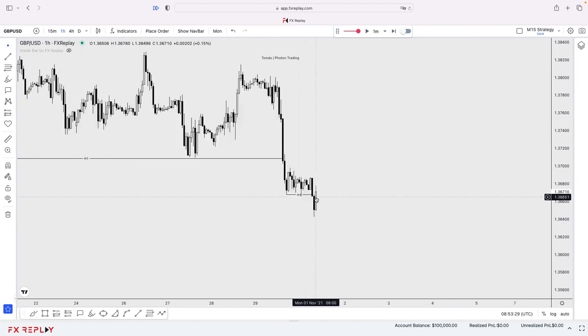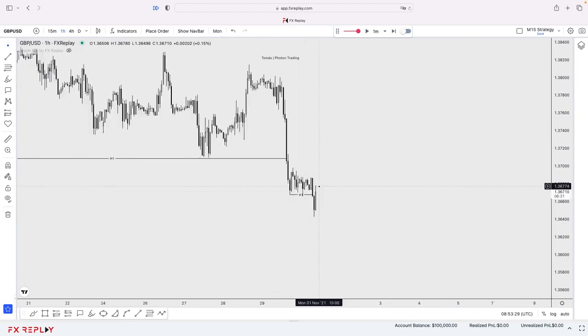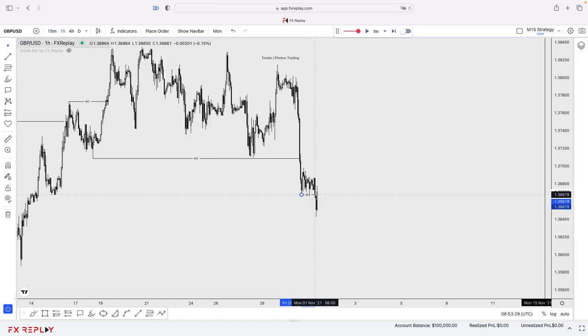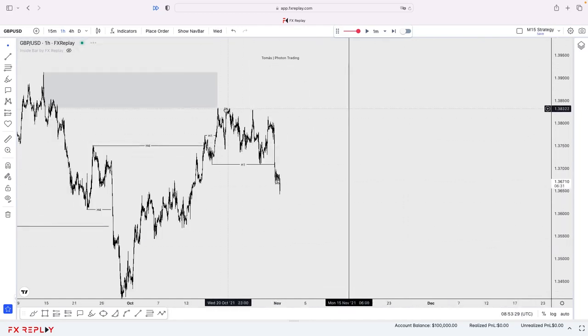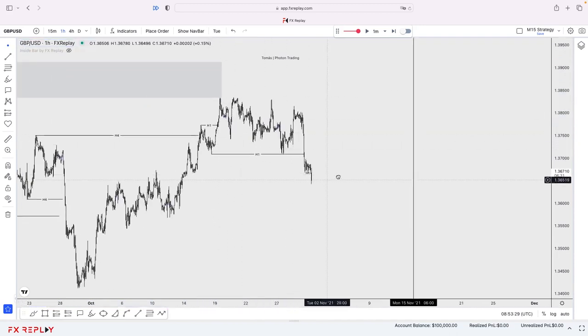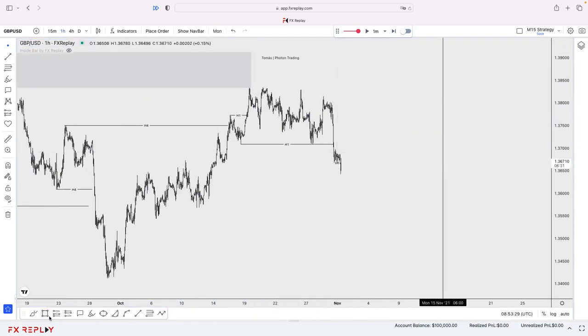After that, this for me is a significant pullback. So for me, this is an H1 BOS bearish. At this moment in time, we know our time frame objective, the daily, may be completed. H1 BOS bearish, I'll be following